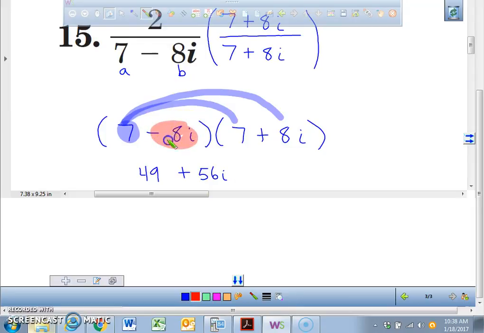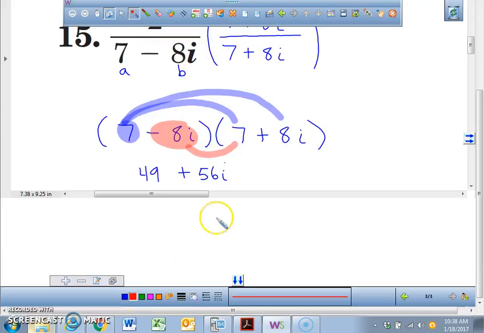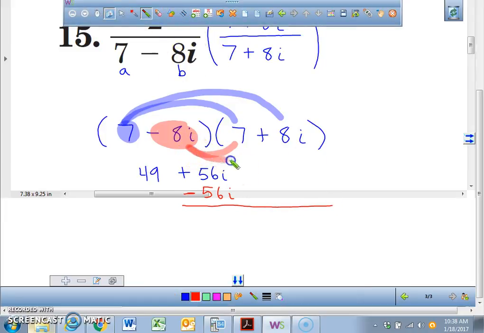A negative 8i times the 7 is a negative 56i. And a negative 8i times a positive 8i is a negative 64i